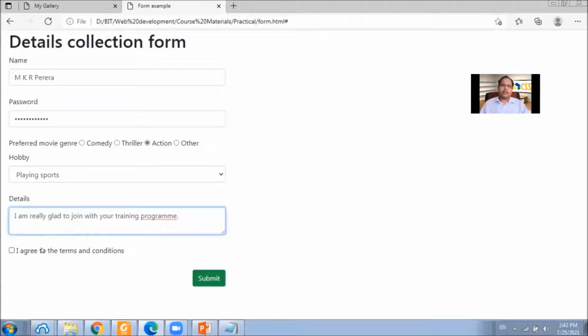Also, we have a checkbox element here. In this case, the purpose of this checkbox is to agree the user with terms and conditions. And there is this submit button where user can click on it and submit the data back to the server. As we can see, there are various types of elements that we can include inside a form. Let's take a look at how we can create a form to collect some of this data.